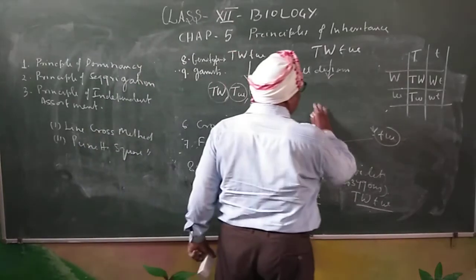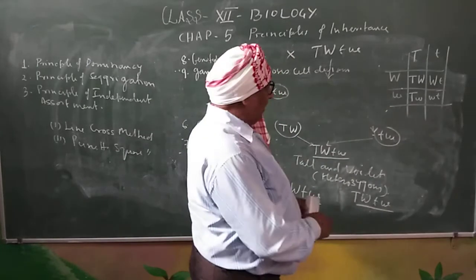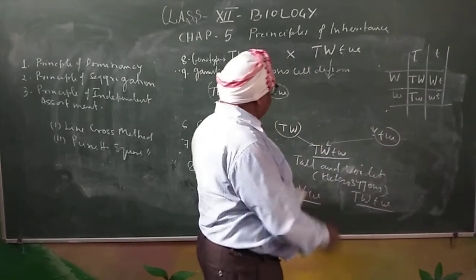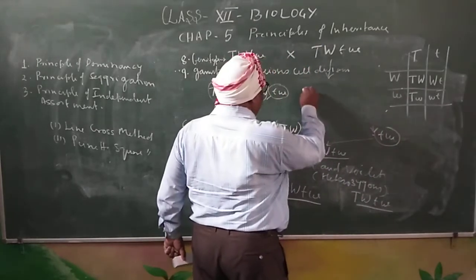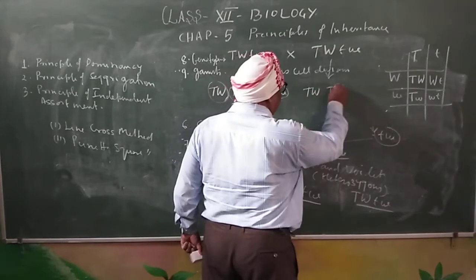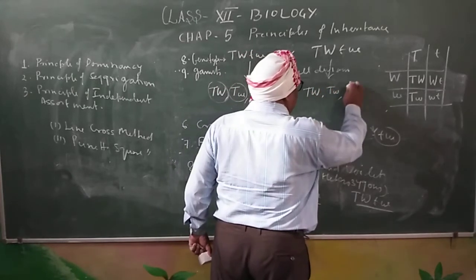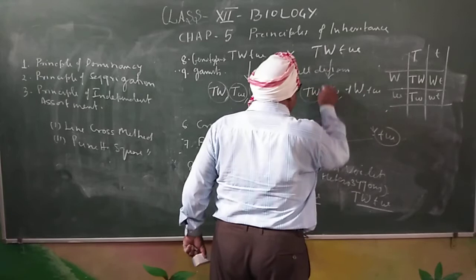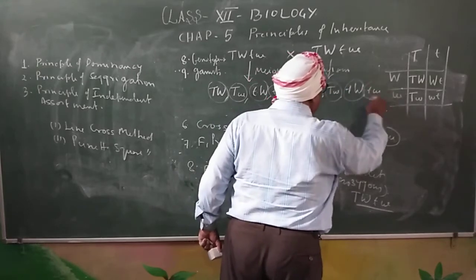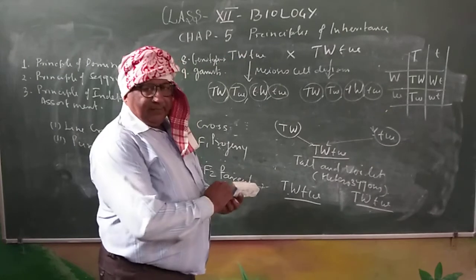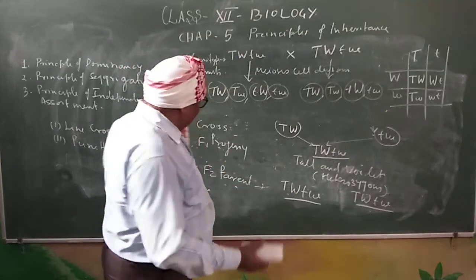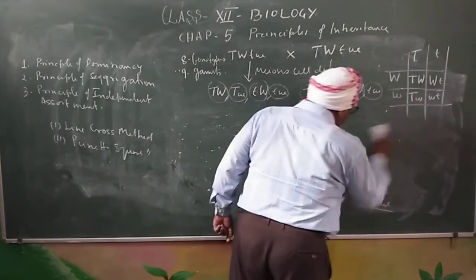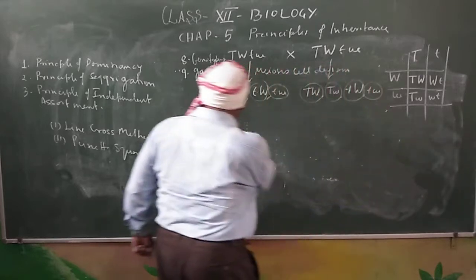Similarly, the gametes we told you here also. I told you the process of how gametes can be represented. Gametes can be found by the Punnett square method. Just to see what type of gametes you are getting here: the first type, second type, third type, and fourth type of gamete. There are 4 different types of gametes. These are the female gametes, and these are the male gametes. Now we cannot use the line cross method because there is no possibility of making so many lines here. So we have to follow the Punnett square method.